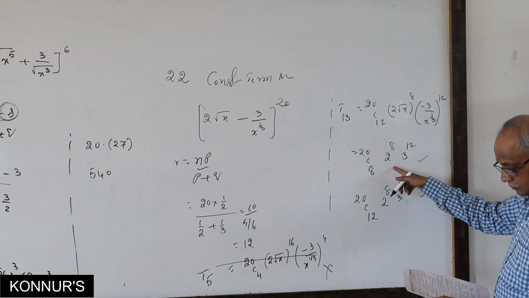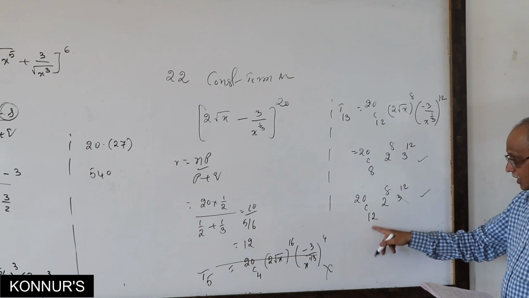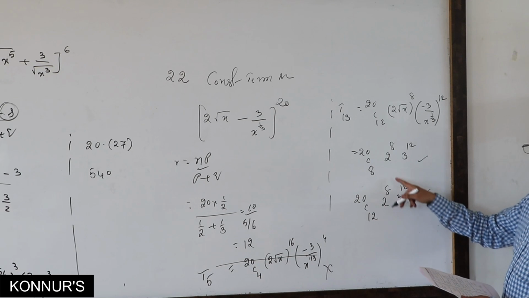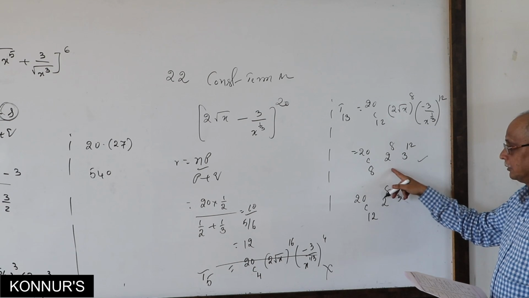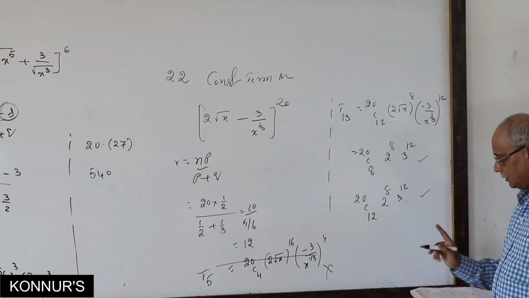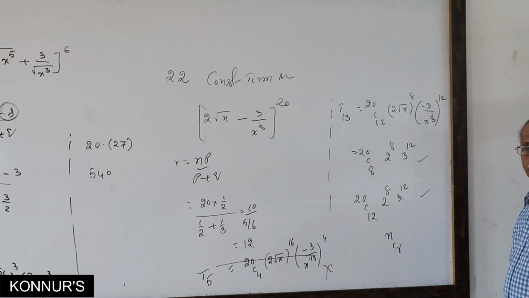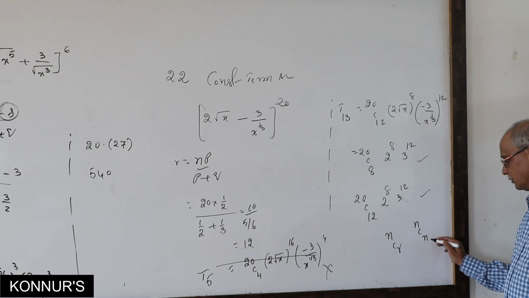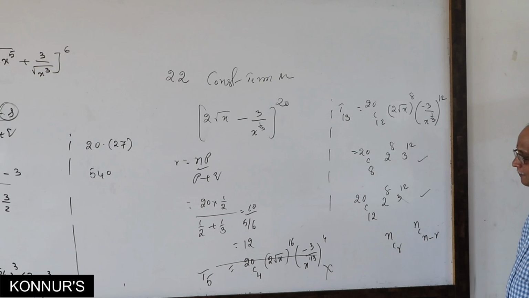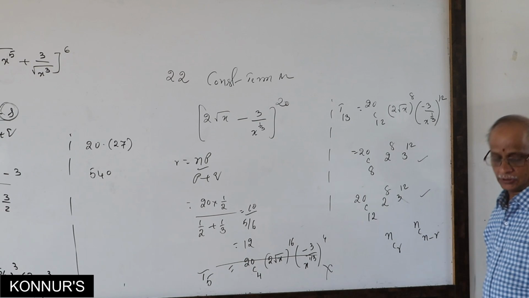2 power 8. First only correct. Over. He is not writing this answer. That is why I told you, as much as possible, smallest calculation is preferred. In these two, which is the smallest number? This is small. That is why whenever we come to calculate NCR, go for NC n minus r when this is a small number. If this is very small, we leave it. Okay. So, answer is finished.